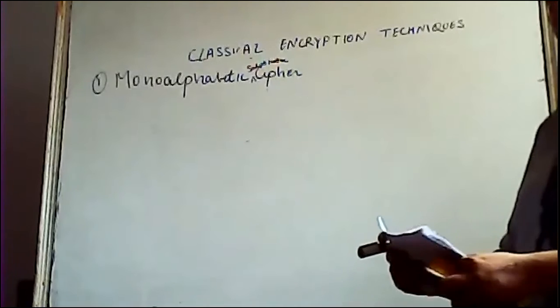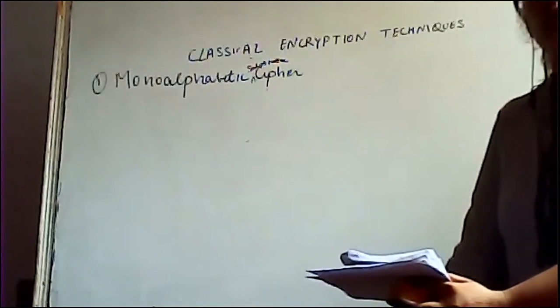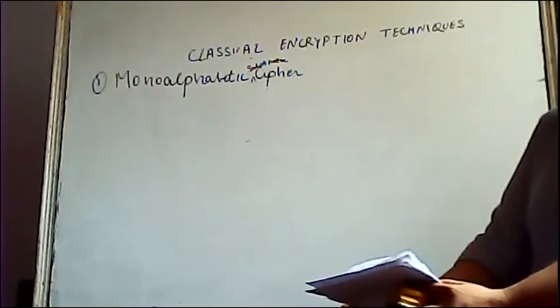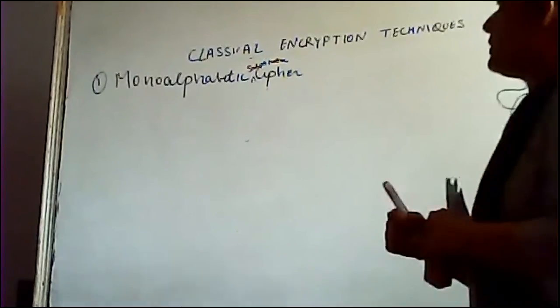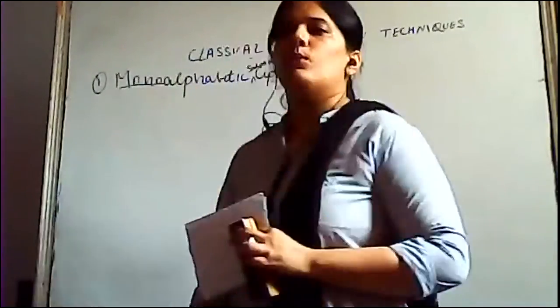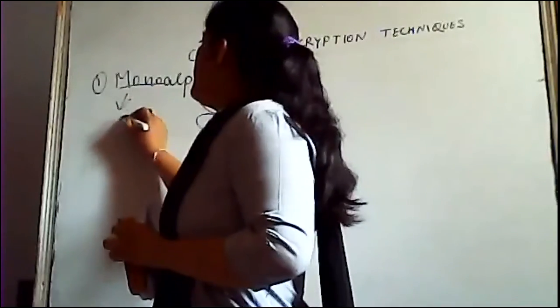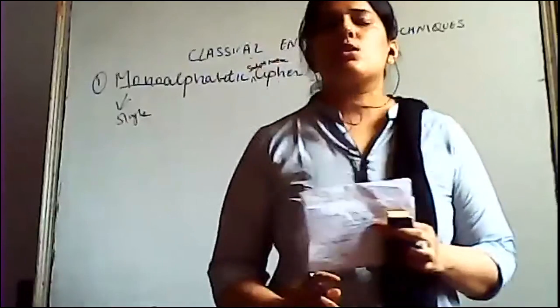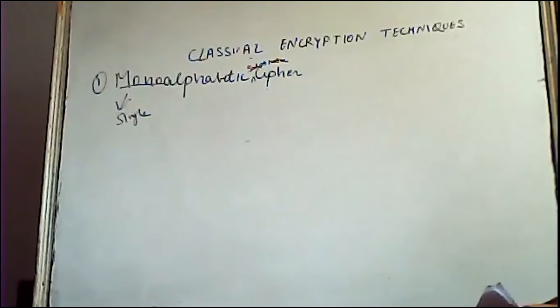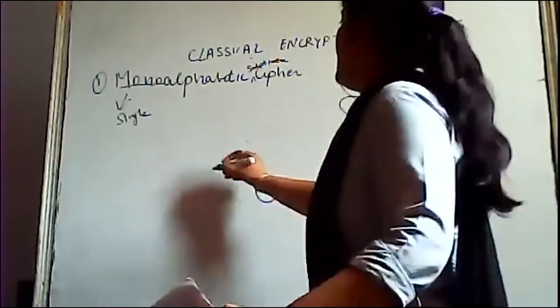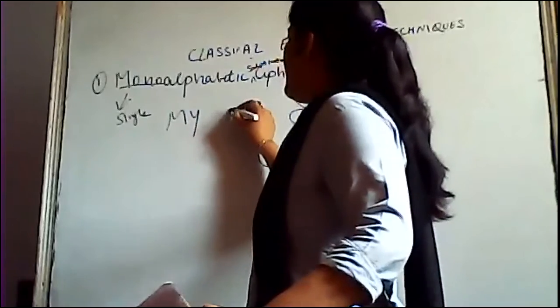The very first technique is the monoalphabetic substitution cipher. So what is this mono? Mono means a single cipher alphabet for each plain alphabet is used throughout the process. Mono, as you have used this term many times, means a single term. So single term means monoalphabetic substitution. That is, we are doing that substitution in a single way, in a mono way. Why a mono way? Because a single cipher alphabet for each plain alphabet is used throughout the process. Now, what is there in this? Let's suppose this is my example, my name is there.